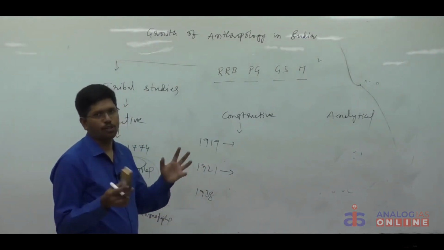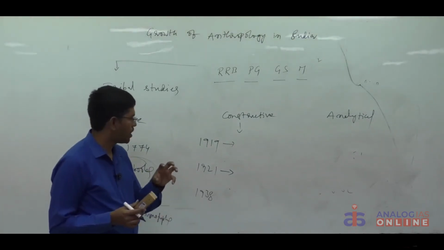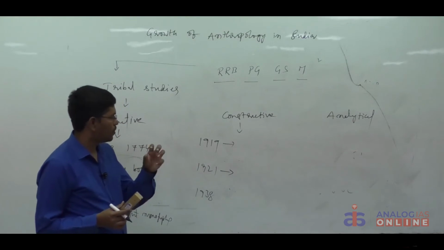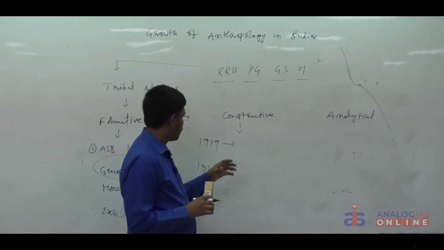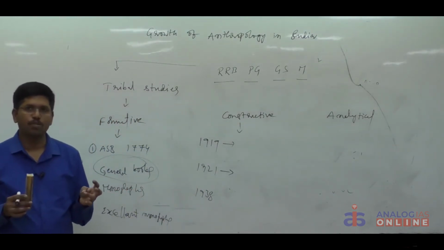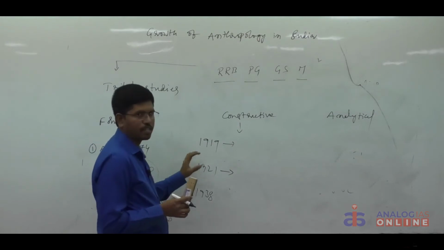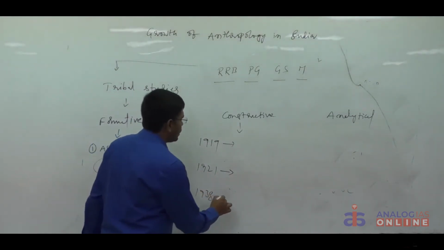Many anthropologists reached Kolkata University and started conducting systematic fieldwork in order to know about the social organization among the tribals. At that point of time, many anthropologists like M.N. Srinivas and D.N. Majumdar conducted fieldwork. Then in the year 1938,